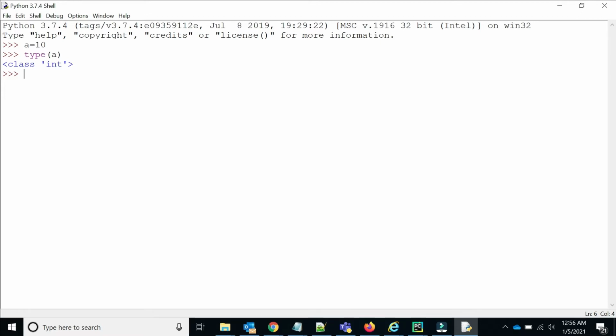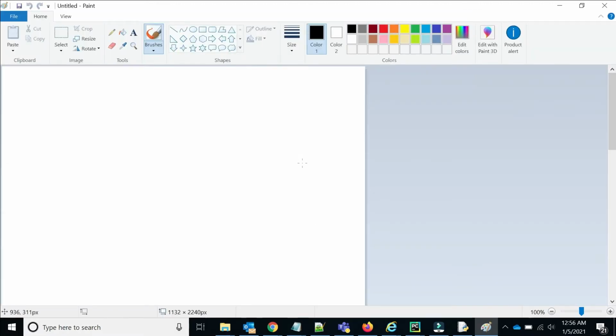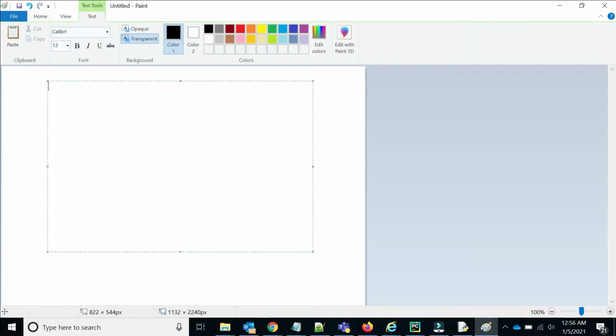So the first one is the integer, then we have float, we have the complex data type, boolean, string, and we have some advanced data types like list, tuple, set, frozen set, dict, bytes, byte array, range, and none.